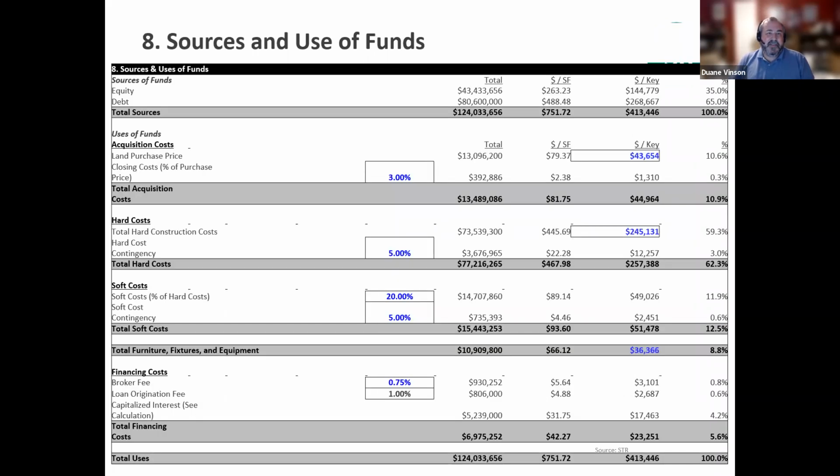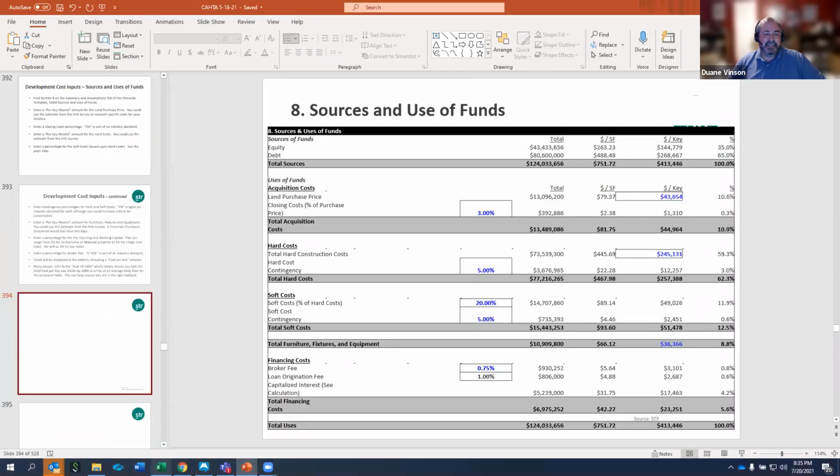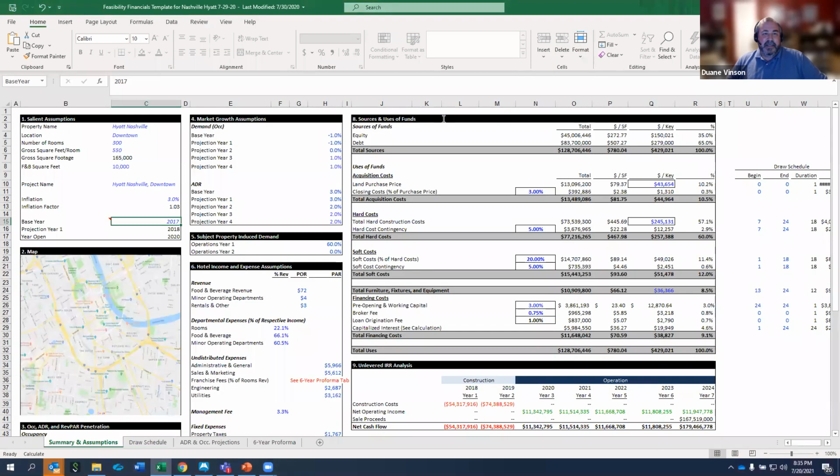So this is that part of our template, sources and use of funds. Let's jump back out there. Let's go to our template real quick. This is going to be section 8. Okay, and you can see that information right here. Does everyone see that box? We're still in the first tab. We're going to go to the section 8 here, this box right here, and you can see the information we're